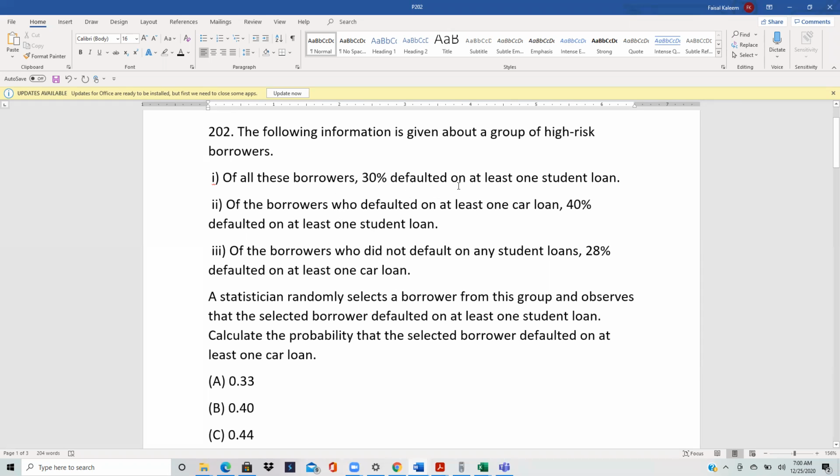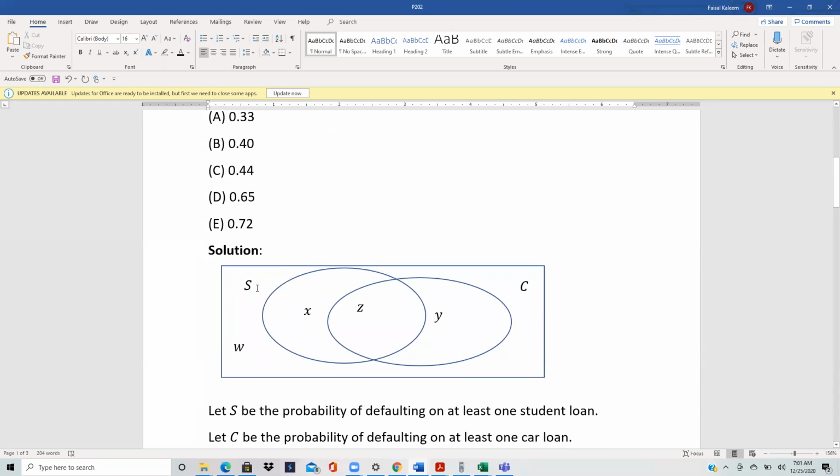So there are two things going on: defaulting on at least one student loan and defaulting on at least one car loan. So in the Venn diagram, let S be the left oval that represents the default on at least one student loan, and the right oval, which is C, gives the probability of default on at least one car loan. So we are given that